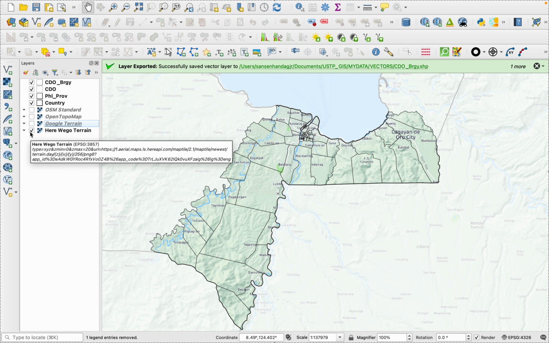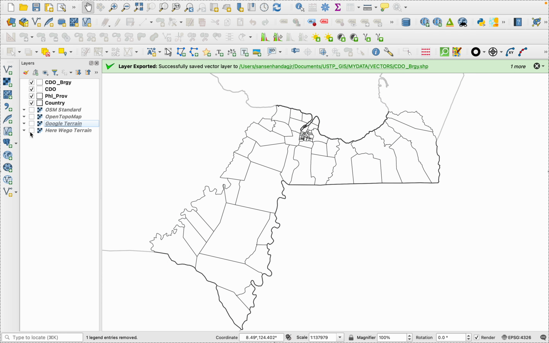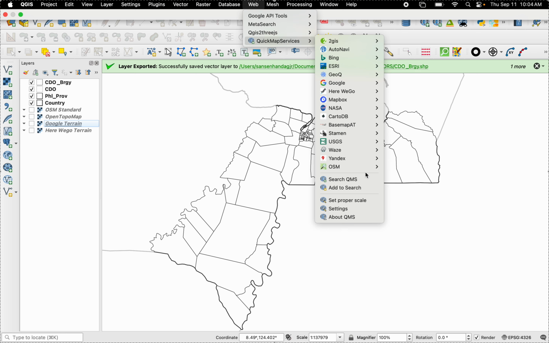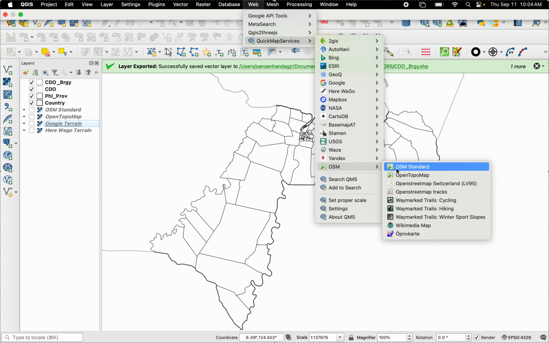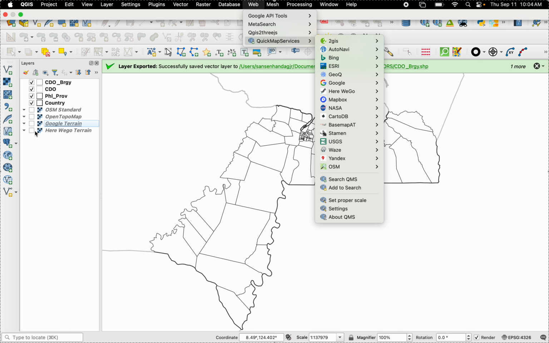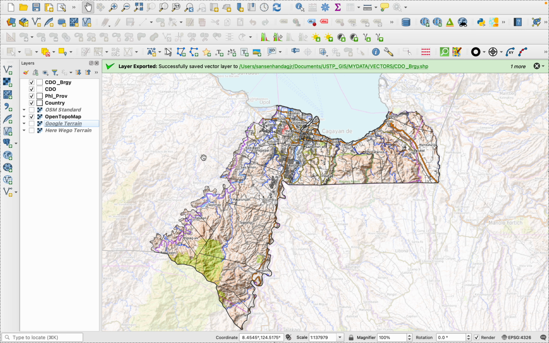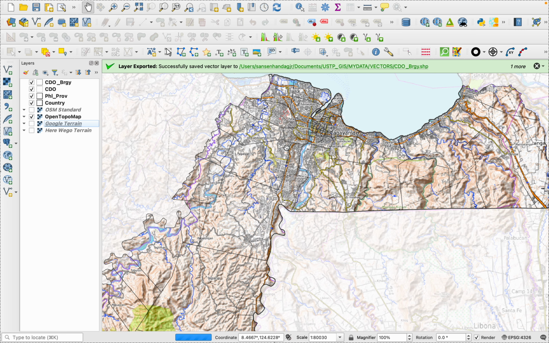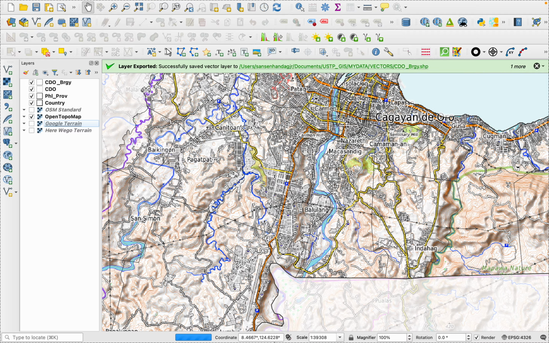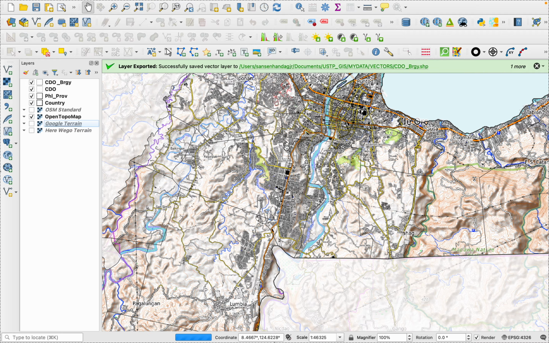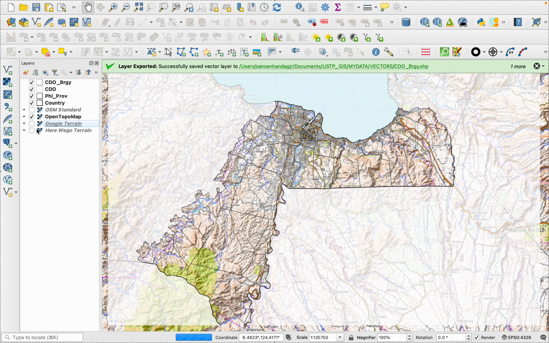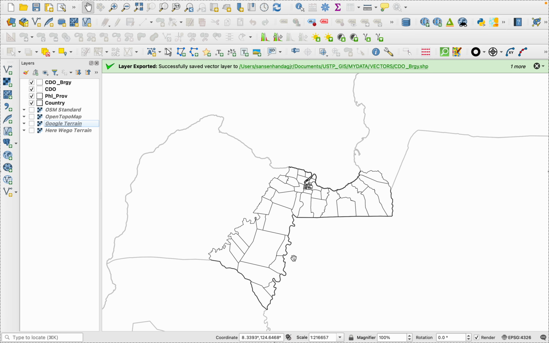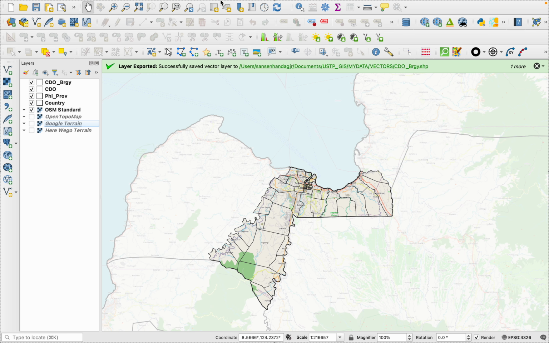If you want to avoid way too much labeling, because some base maps have many labels, not just like this one, the open topo map. We have a lot of labels and other features in the map, so it gets confusing sometimes. But if you don't want this type, we can actually do our own. We just have to download